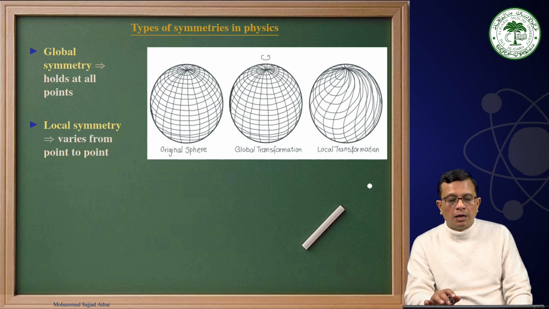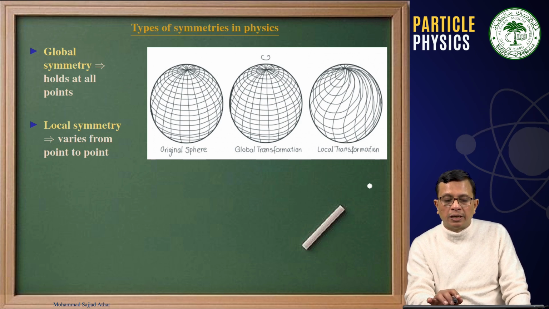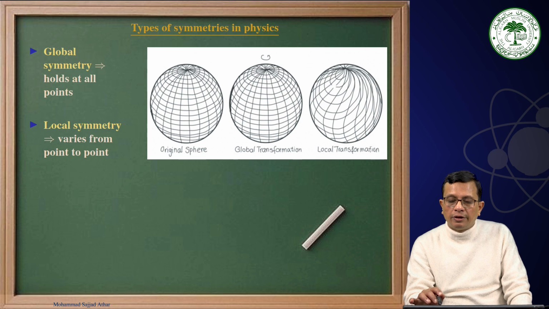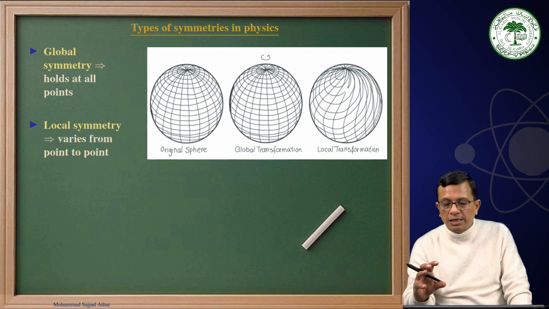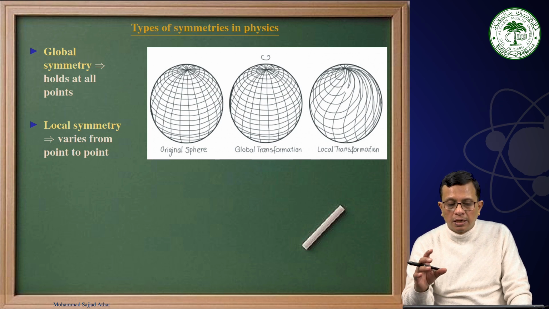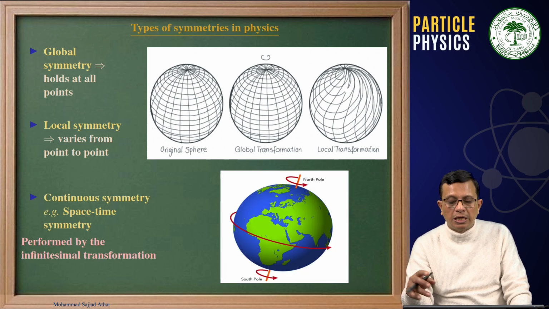For example, in the case of global symmetry, it holds at all points, while local symmetry varies from point to point. As you can see in the second picture of this, where we have a sphere, if we rotate it, then it is indistinguishable at all points when you are rotating it. But if you are talking about such a shape and you are rotating it, then as you can see, it's not symmetric. As you rotate, it is moving in some way at some point and another way at another point, and here it is not symmetric. Therefore we have local symmetry as well as global symmetry,